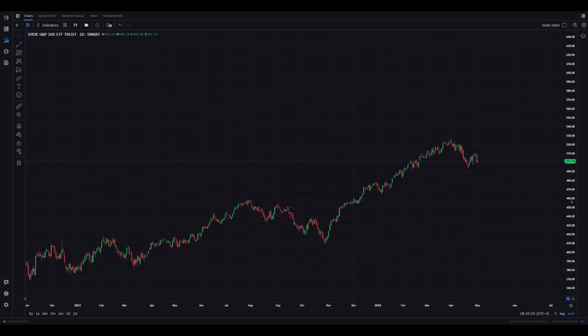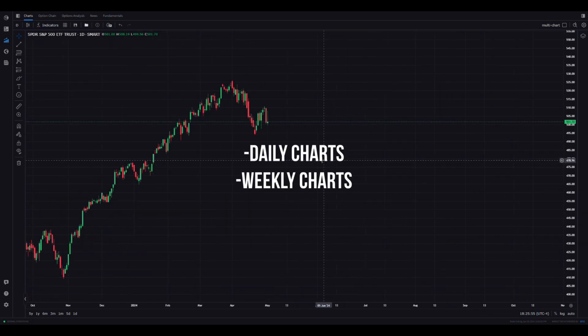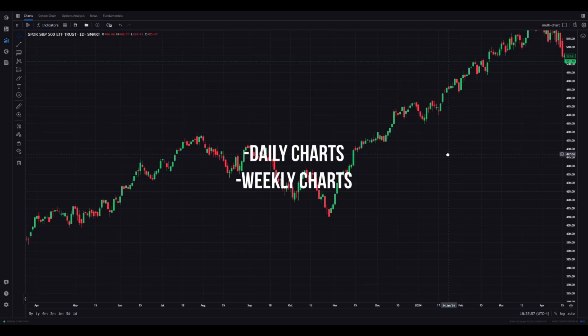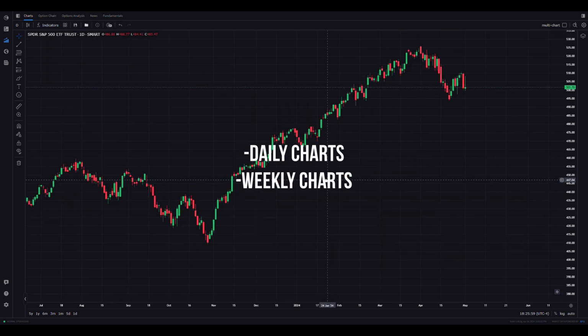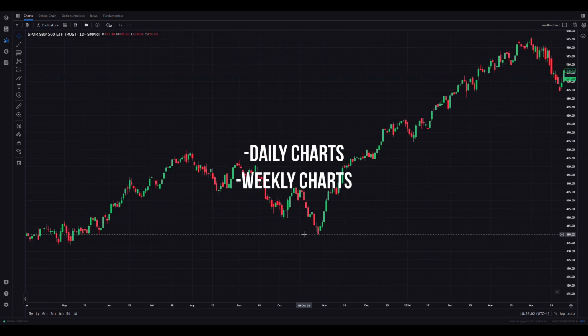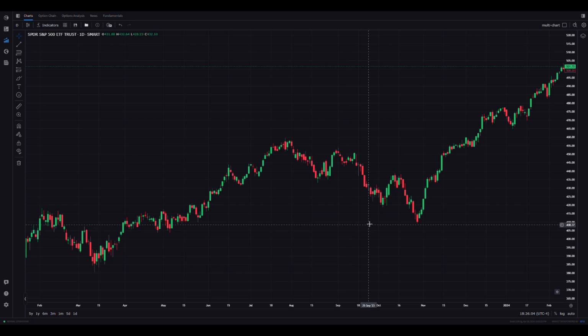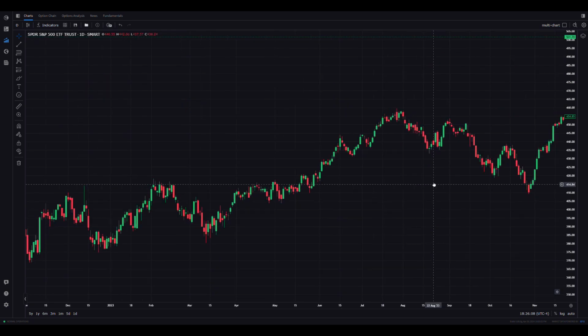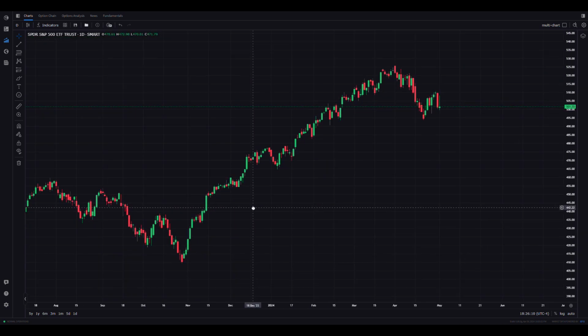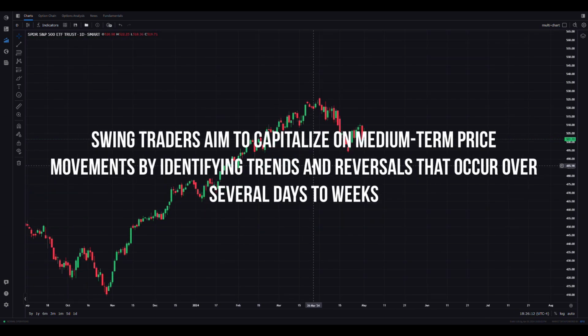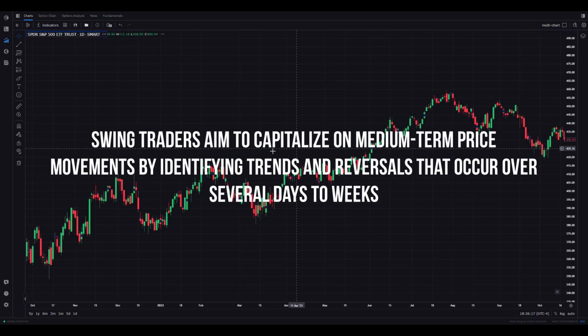Medium-term timeframes, such as daily and weekly charts, offer an intermediate view of price action compared to short-term intraday charts and long-term monthly or yearly charts. Daily charts capture price movements on a day-to-day basis, while weekly charts provide a broader overview of price action throughout the week. Swing traders aim to capitalize on medium-term price movements by identifying trends and reversals that occur over several